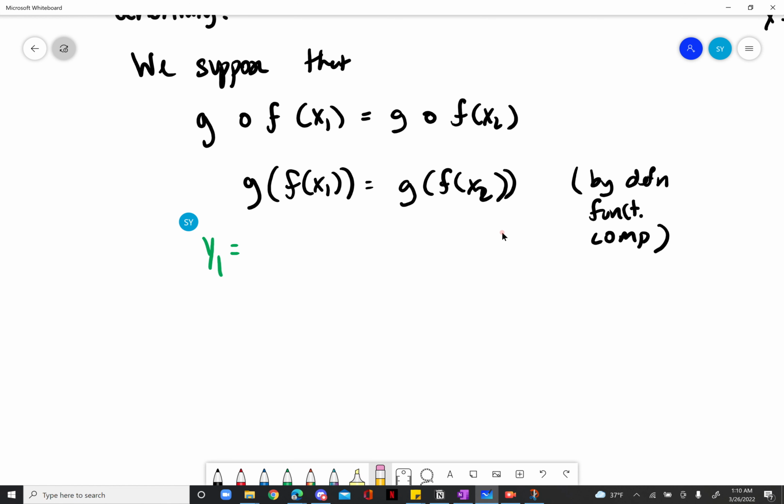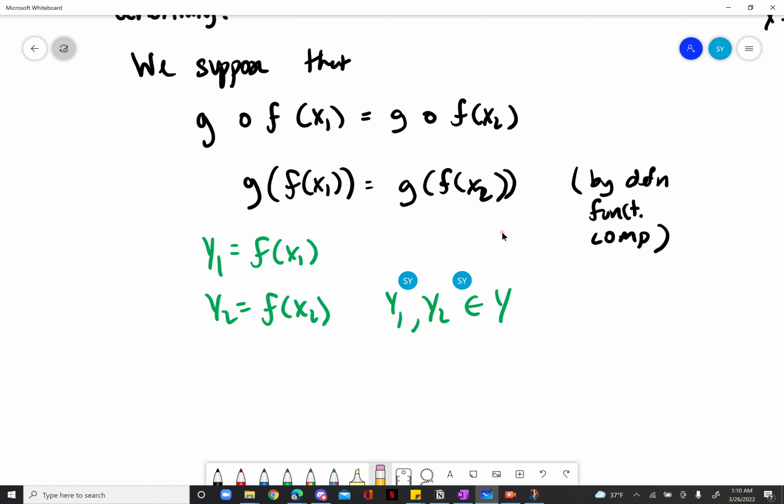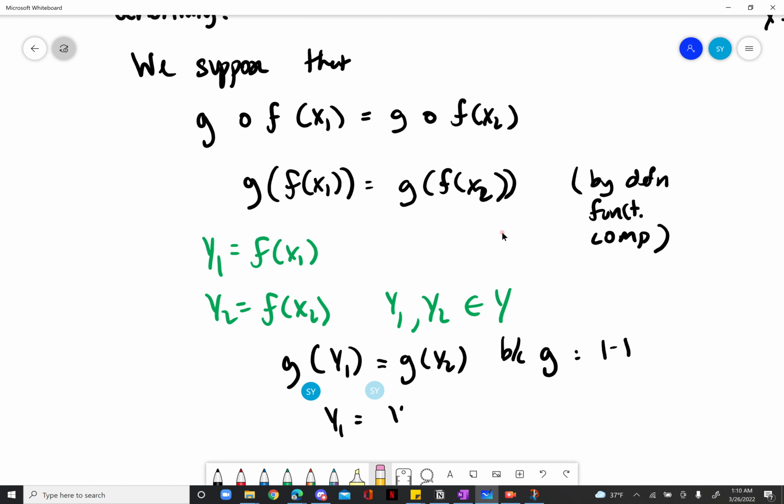So we can say that y1 is equal to f of x1, and then y2 is equal to f of x2, where y1, y2 are in Y, the big set Y. And then that lets us rewrite what we have as g of y1 is equal to g of y2. And now this is where we use the problem. So recall that g is one-to-one. So because g is one-to-one, we have that y1 is actually equal to y2 here,